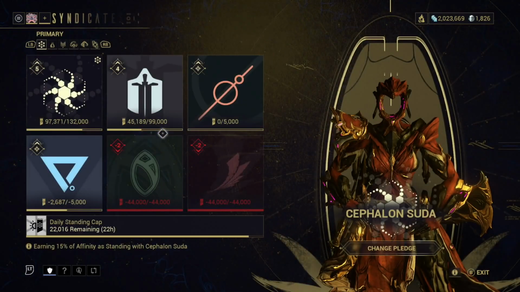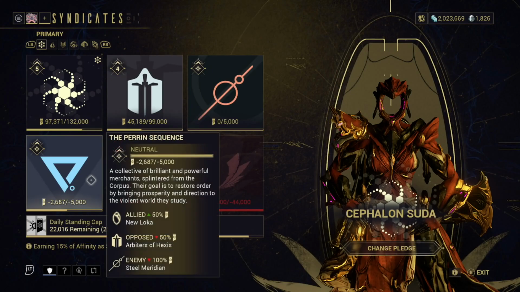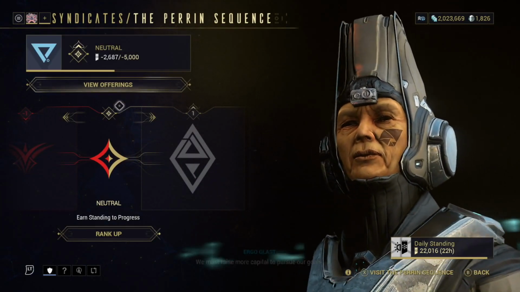Okay, I think I'm onto something. I think that this could be a seriously killer Steel Path Warframe. I just don't have what I need to make it viable. And being neutral with negative, I mean...